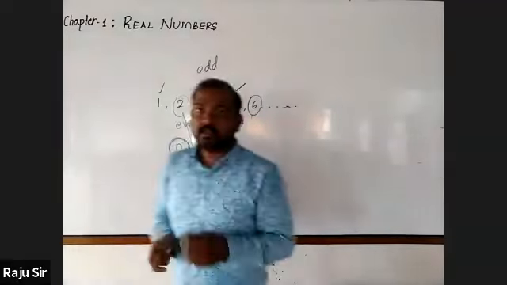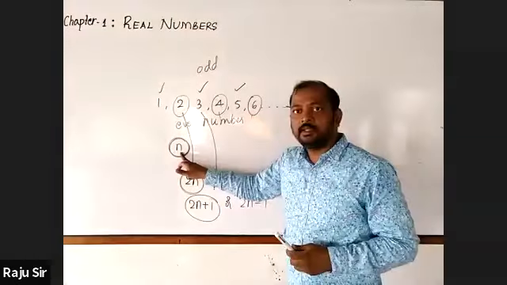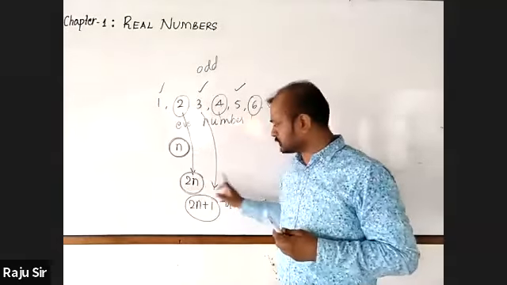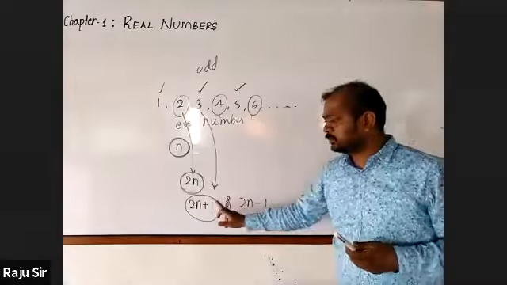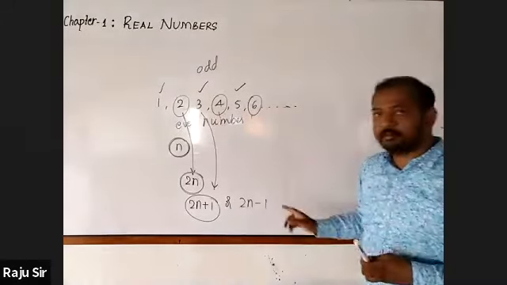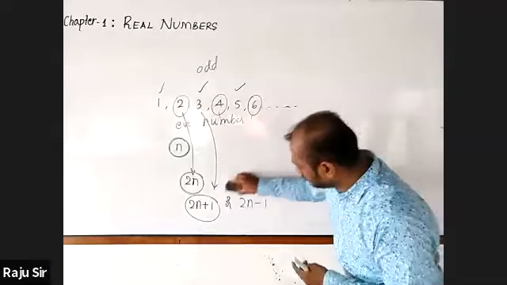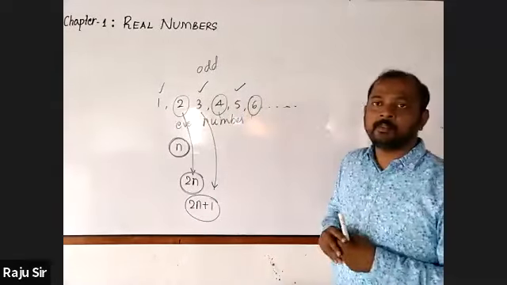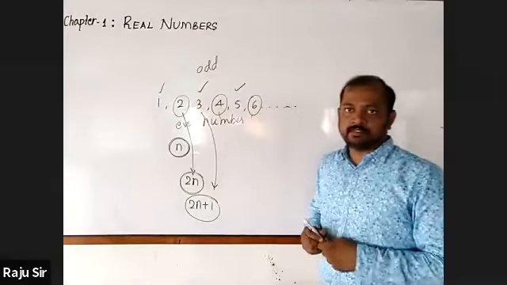Once I repeat, natural numbers can be written in general as n. Even numbers, it is 2n. Odd numbers, it is 2n plus 1 or 2n minus 1. But we will focus only on this 2n plus 1. Not only this,